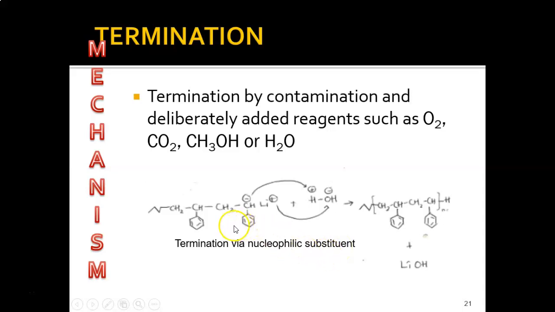During the termination, you just copy down the structure from the propagation, and then we add the water. You copy the structure in front, and CH, and then the hydrogen is transferred here, so you will have CH2 here. The CH will become CH2. Alright, so